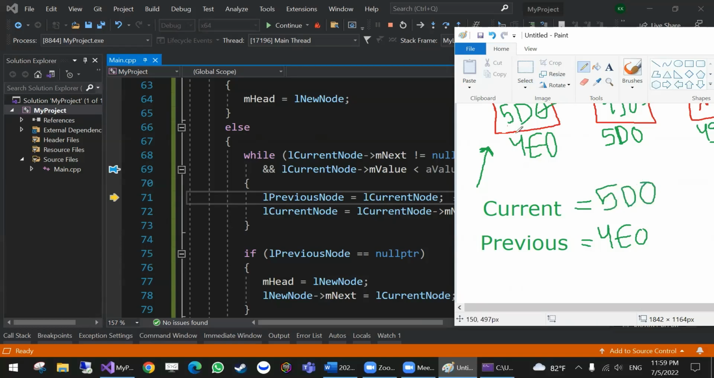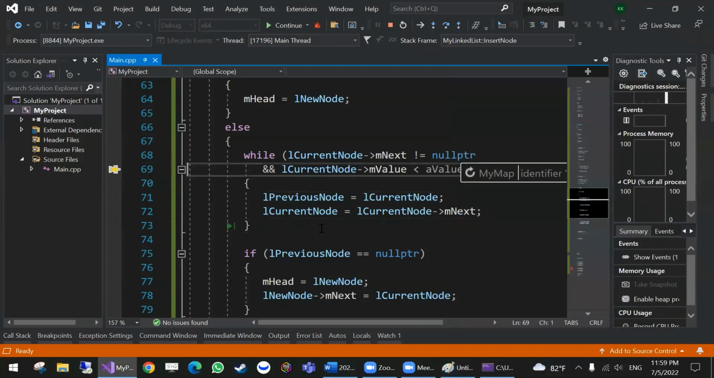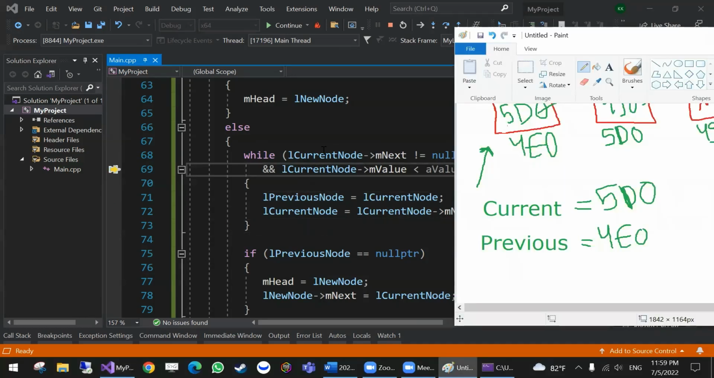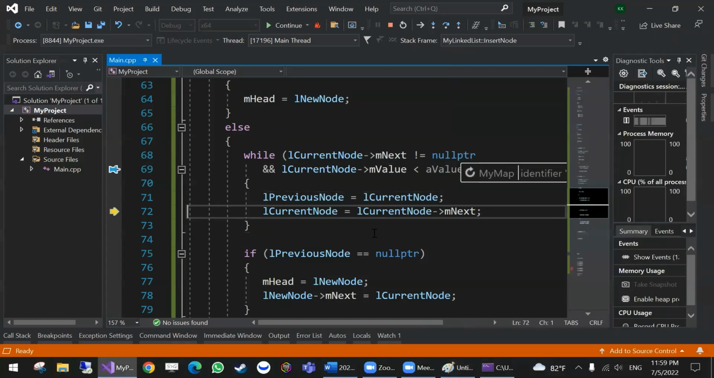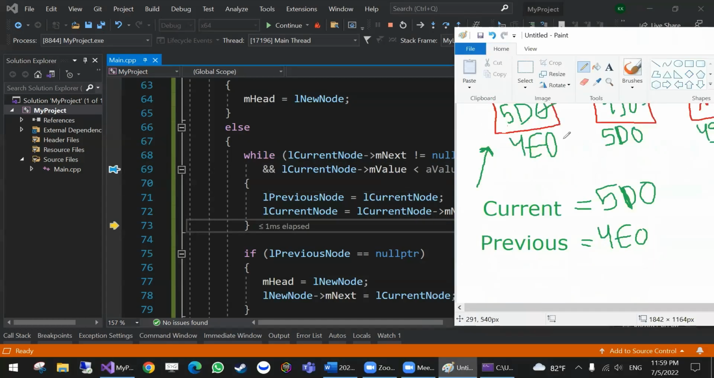5D0, because that's what current is carrying as M next. 5D0. Okay, pretty cool. Next. Hey, current. Hey, 5D0, is your next null? No. Okay, is your value less than 4? Yes, then move forward. Same. Now previous